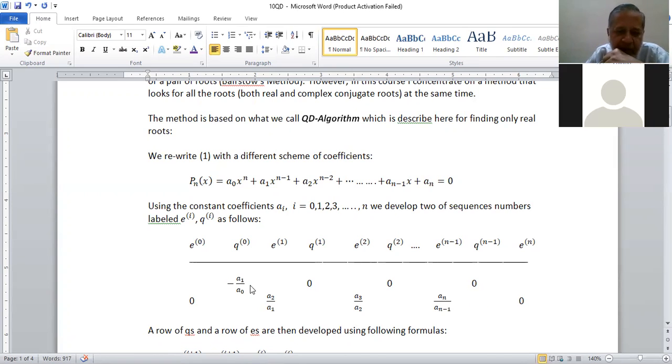Okay, last time I mentioned the last method, which is for polynomial equations, and that finds all the roots of the polynomial equation at the same time. The method works